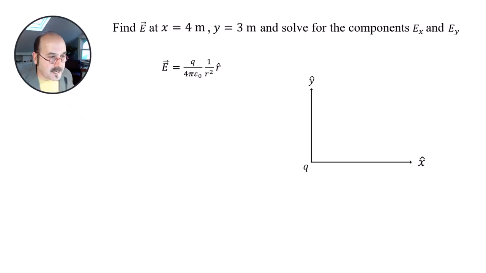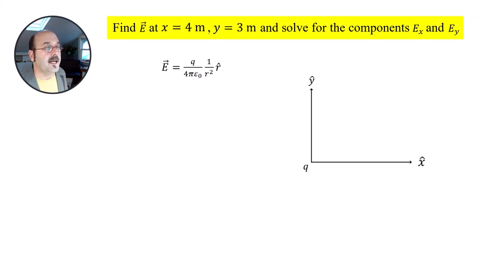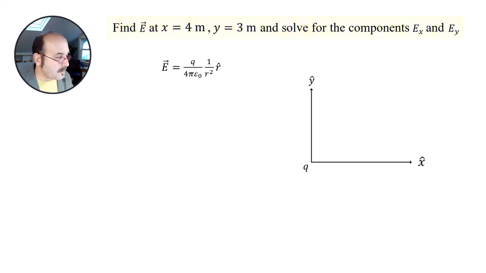I want to work through an example now where we're focused on the vector nature of the electric field. So if you look at this problem statement, it says find E, the vector, at x equals 4 meters, y equals 3 meters, and solve for the components Ex and Ey. So you might remember from